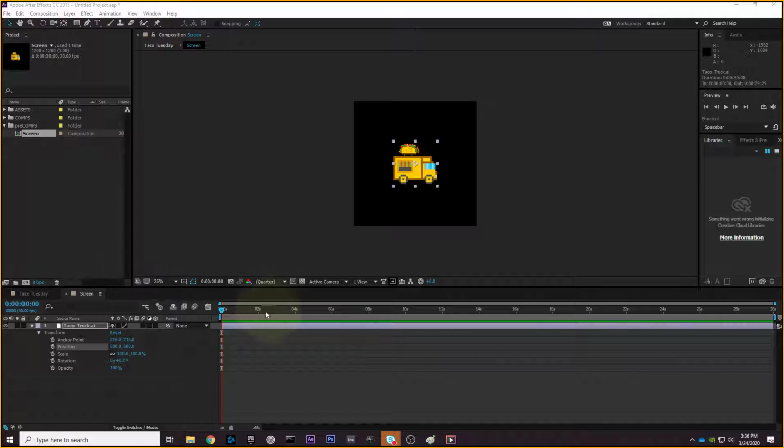Now position is nothing very hard. It's just the position of the asset inside of its composition. In that case, you can see that it's made out of two numbers, 600 and 600. That's the x and that's the y. So basically if I put here 0 and 0